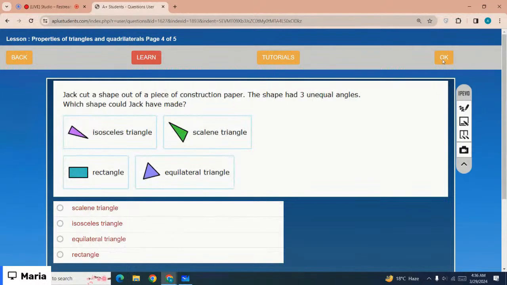The shape had three unequal angles. What shape could Jack have made? The correct option is unequal angles. That must be